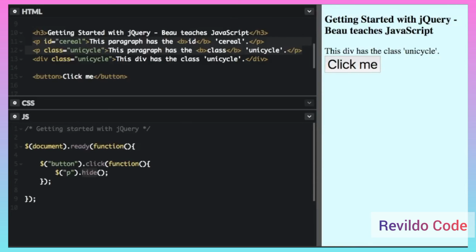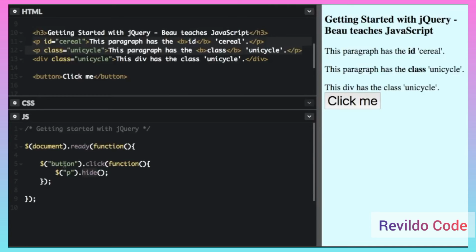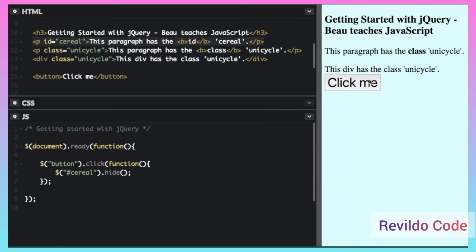I'm just going to reset that, and we're going to change the code a little bit. So I'm just going to change this one right here. I'm going to change this to serial with the hash sign or the pound sign right before this. That's just the CSS selector for ID. So you can see up here, ID of serial. So now it's going to select this whole thing right here. So if we run that, and then we click the button, it just hid the paragraph element with the ID